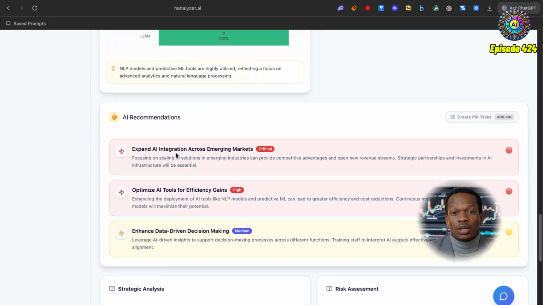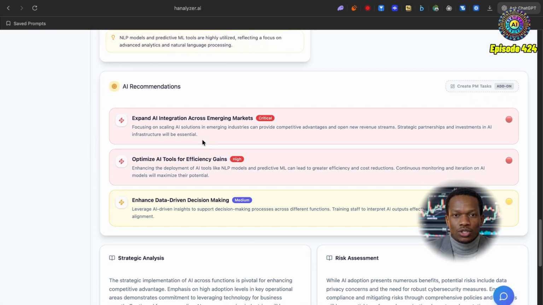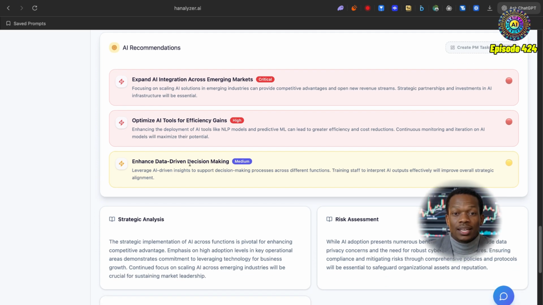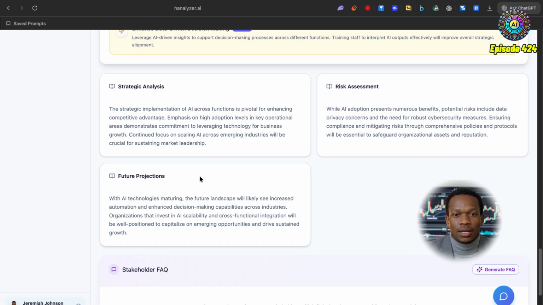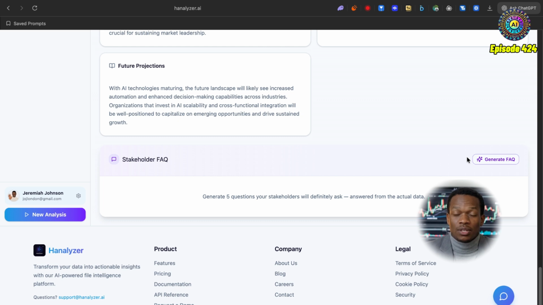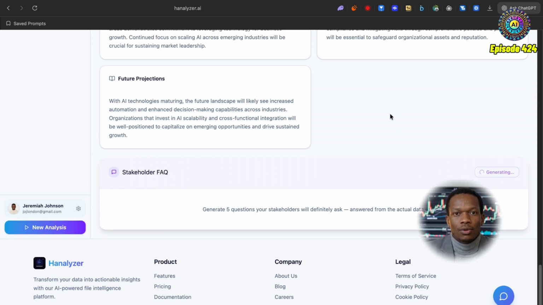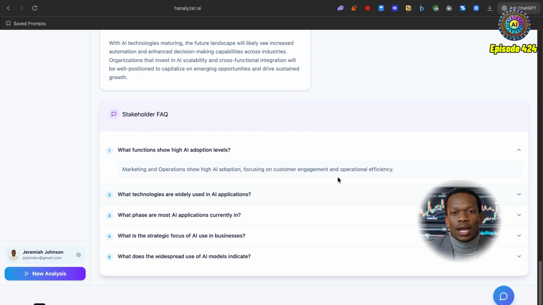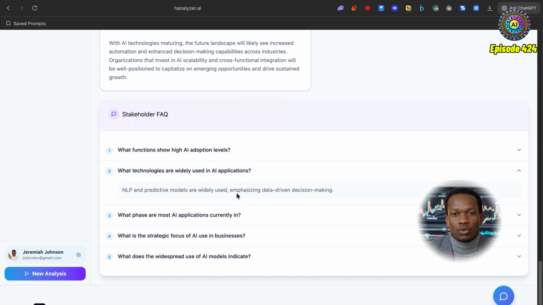We've also got some recommendations as well. Expand AI integration across emerging markets, interesting. Optimize AI tools for efficiency gain and enhance data-driven decision-making. We've got strategic analysis, risk assessment, future projections as well, and we can also generate an FAQ. Let's see what this looks like. I really like the fact that you can actually generate this FAQ to sort of get ahead of any potential questions that stakeholders will have. So what functions show high AI adoption levels, marketing and operations, of course, what technologies are widely used in AI